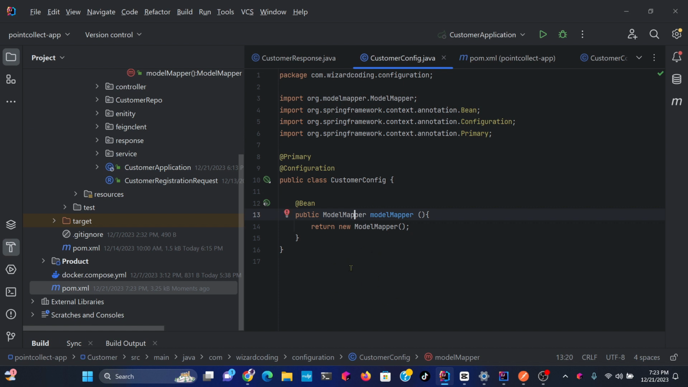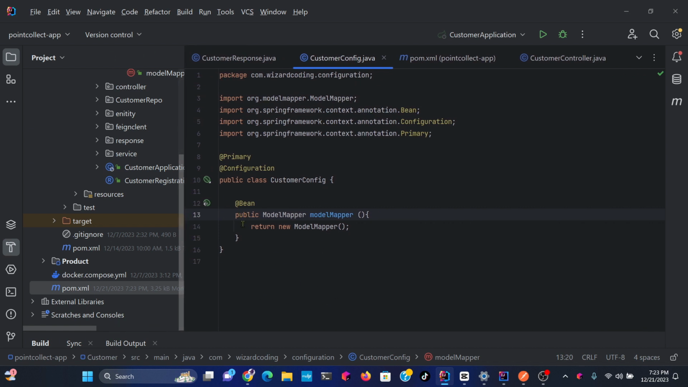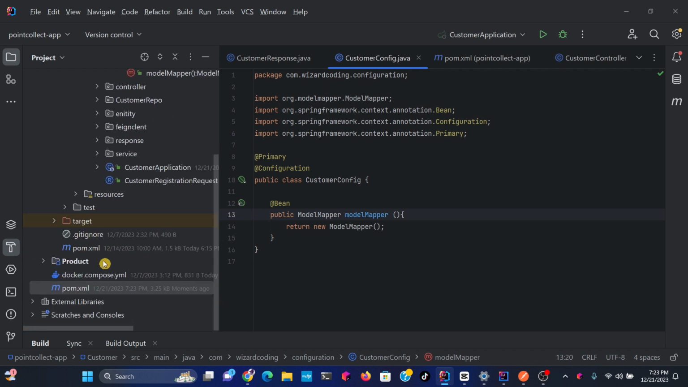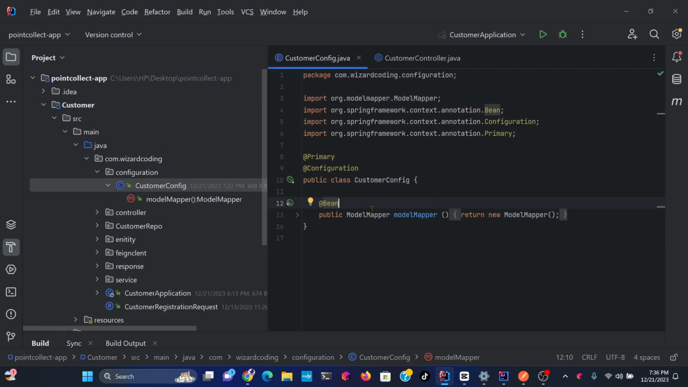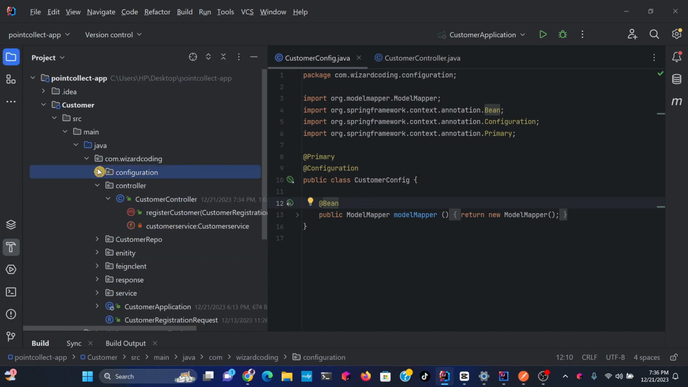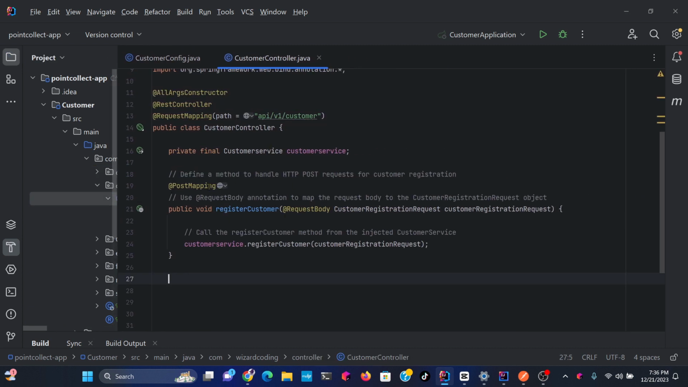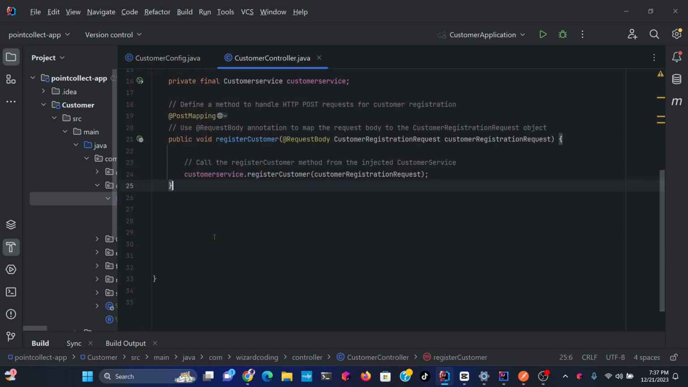Okay. So model mapper is important for our projects, and we're going to use it, and it will help us transfer data from customer all the way to product. Once we are done setting up customer config, let's go straight to controllers. If I click on controller, we have this post mapping here, this HTTP post request for customer registration. So what I want to do is write here a get mapping that helps us get